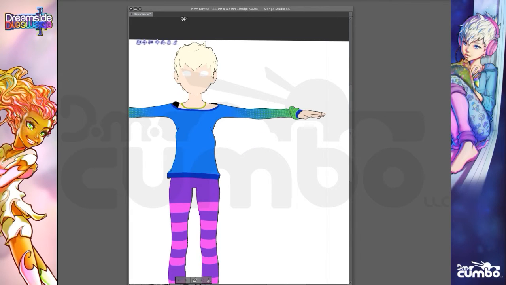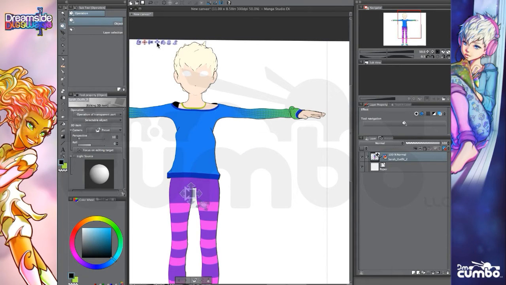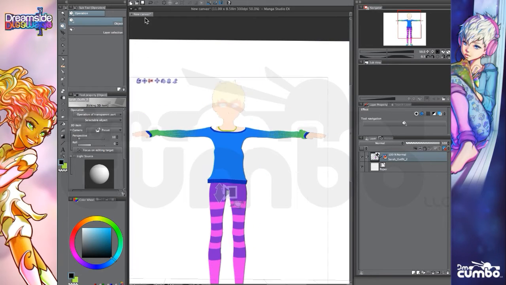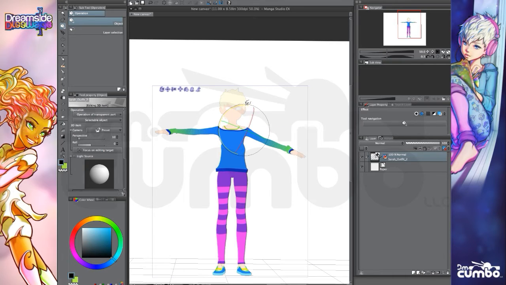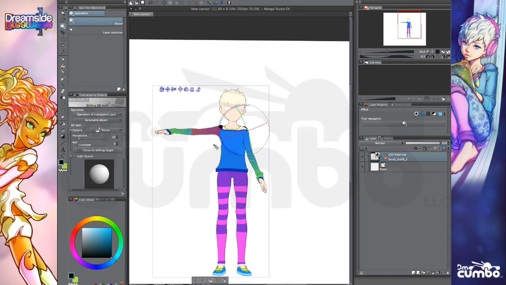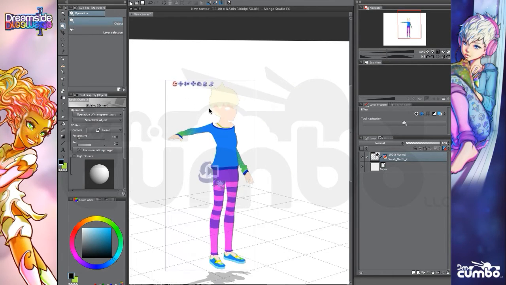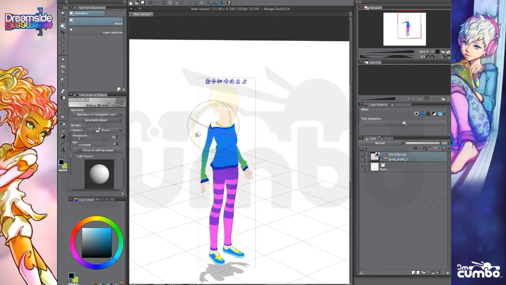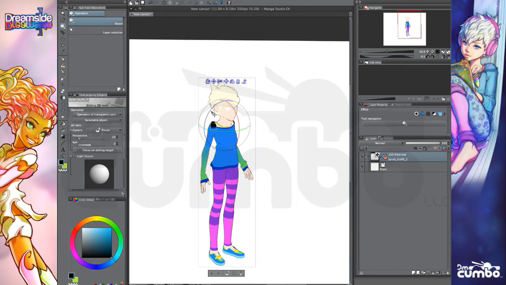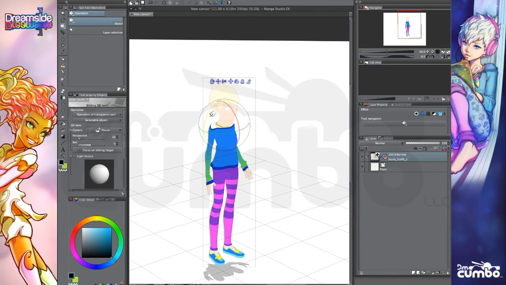Okay, so I'll drag this in here. This is a model for Sarah. So this is kind of what it looks like. And you can see that I can pose the character out, and I'll show you some of the cooler features here. I can pose the character out, and I can rotate around the character. And so this actually provides me with elements that I can use in my finished drawing. That's very useful. You can see that it's got sort of a base color already,